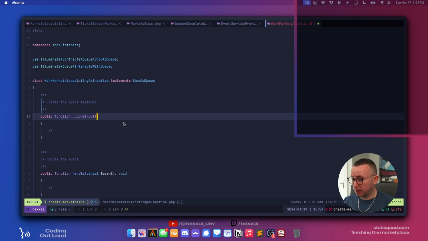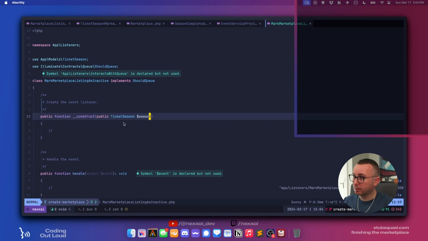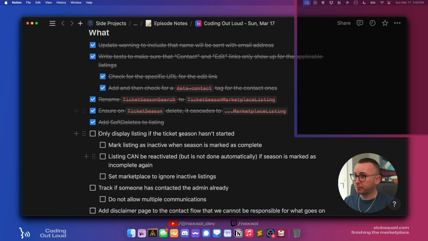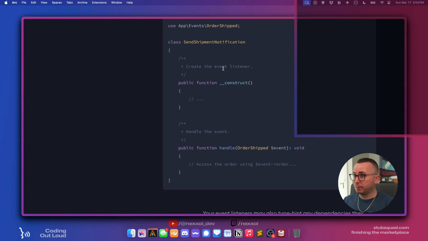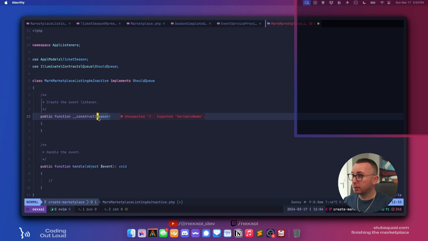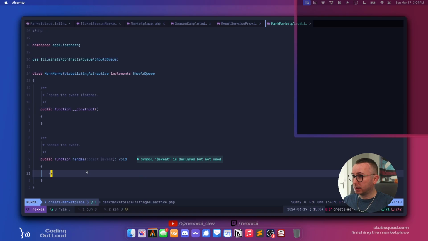Okay, so we are going to take the ticket season. So that should give us the, oh, I guess we don't even need to do that because it's going to be part of the event. So we can say, let's just DD out the event season.